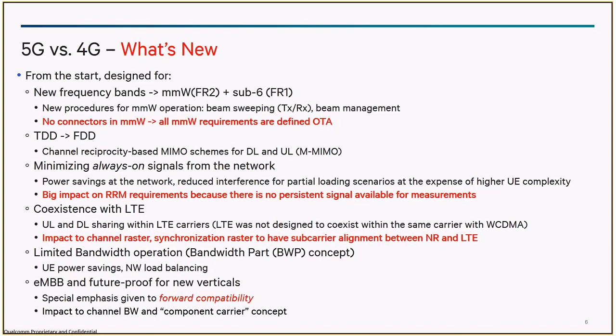There was another query? For BWP, the handset is supposed to monitor only one part, or only the BWP part. So if you have been allocated 5 megahertz chunks as an example, the UE is not required to monitor. No. You would be signaled, right, when you are from LTE and trying to go to 5G, this is the BWP part that you need to monitor, and you monitor only this, you don't go beyond that. No hopping outside. Hopping inside 5 megahertz, yes, possible, not outside of 5 megahertz.